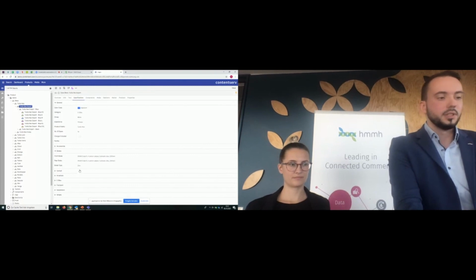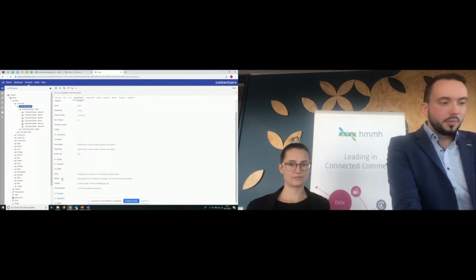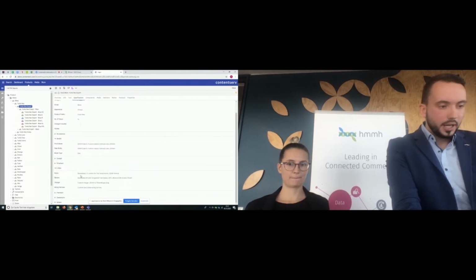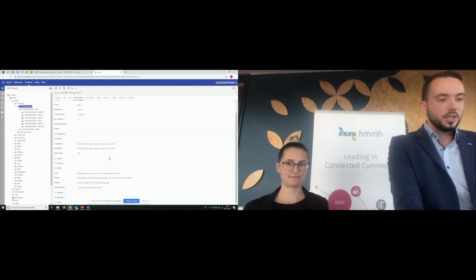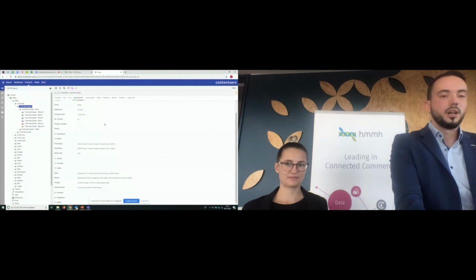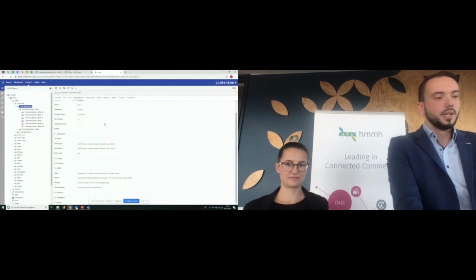Okay, it's a disc brake, and apparently it's an e-bike with a specialized 1.3 engine, and this is where you can maintain any data on this bike and feed any target system with this data.